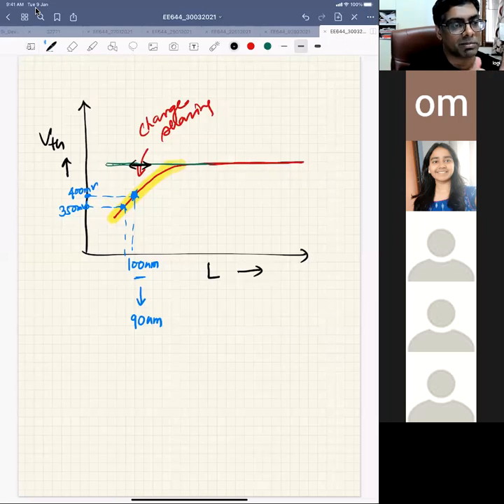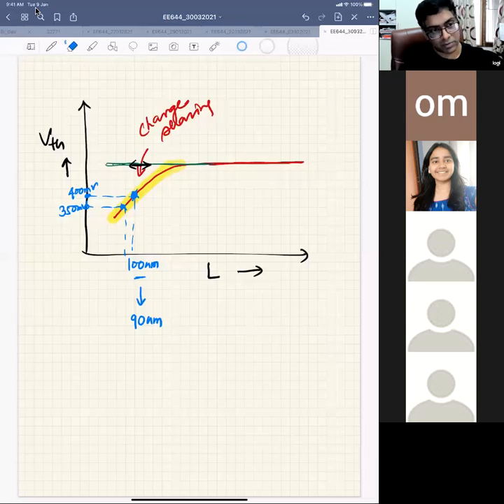So whatever you have drawn, let's say you are doing a layout, you are drawing something, but when you take it to fabrication, there will be some change. If you have drawn 100 nanometer, you may get 110 nanometer, you may get 90 nanometer also. But if your VT-L curve is very flat, you will not see any change in VT with change in length. But in a typical case, if you do not control this